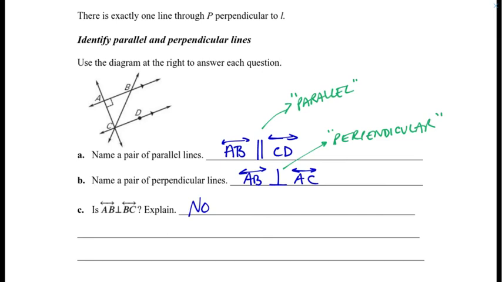And we can't just say because it doesn't intersect at a right angle, because really, we don't know that based on what we're given. We're not given an angle measure, so we don't know if it's a right angle or not. However, what we do know, if we look at point C and we look at our line that we're talking about,